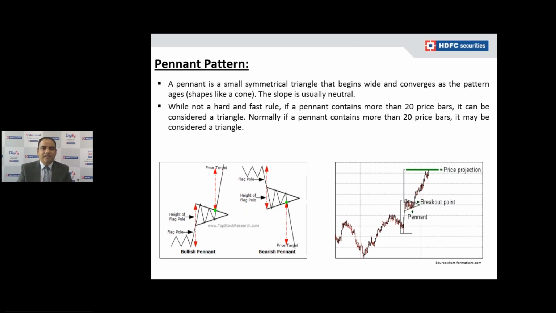A pennant is the smallest consolidation, in a sharp trended move. When the market shows a sharp trended move, the consolidation is also very small, because we have seen the sharp trend in the market. In between, the indecision period will be very small. The market shows a smaller consolidation pattern, breaks above the consolidation pattern, and the trend continues.